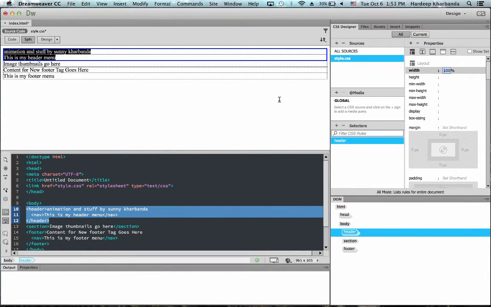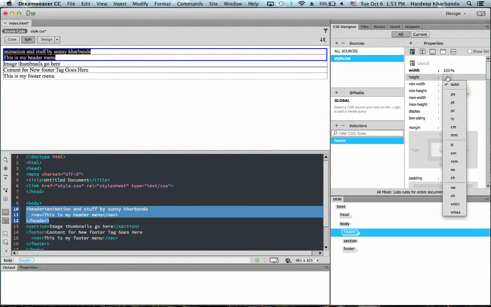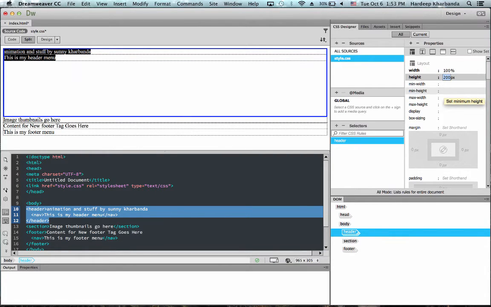This sets the width of my header to 100%. Since Dreamweaver was already showing me the header and all content stretched across the window, nothing updated here. But you'll see the difference when we preview it in the browser. I'm going to set my height in pixels to 200. Notice how that immediately resized my header.